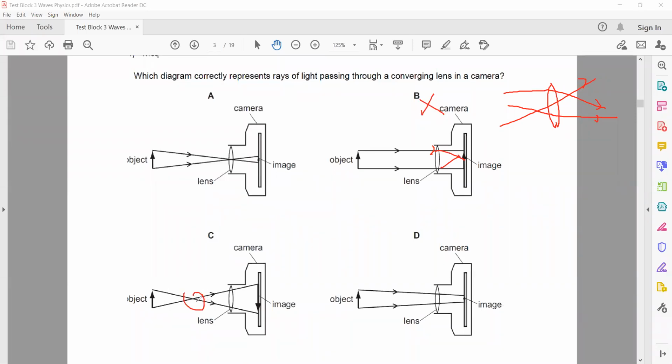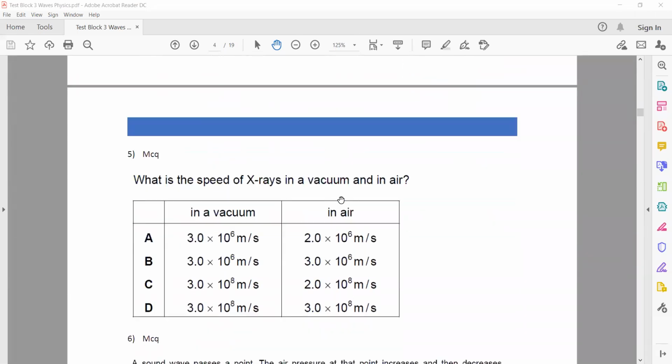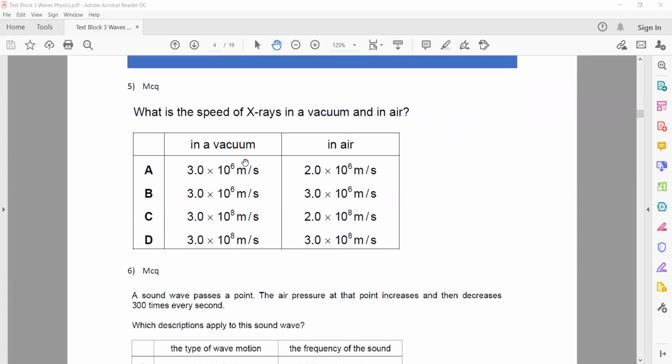Here the refraction or the change in direction occurs. If it is passing through the focus, it should go parallel. So that's why C is not a right answer. Same thing for D. Why is D also not a right answer? Because it is not passing through the center. If it is passing through the center without any deviation, it will pass straight. So the correct answer is A, in which the two rays passing through the center will pass undeflected without changing their direction. Speed will change, but the direction will not change.